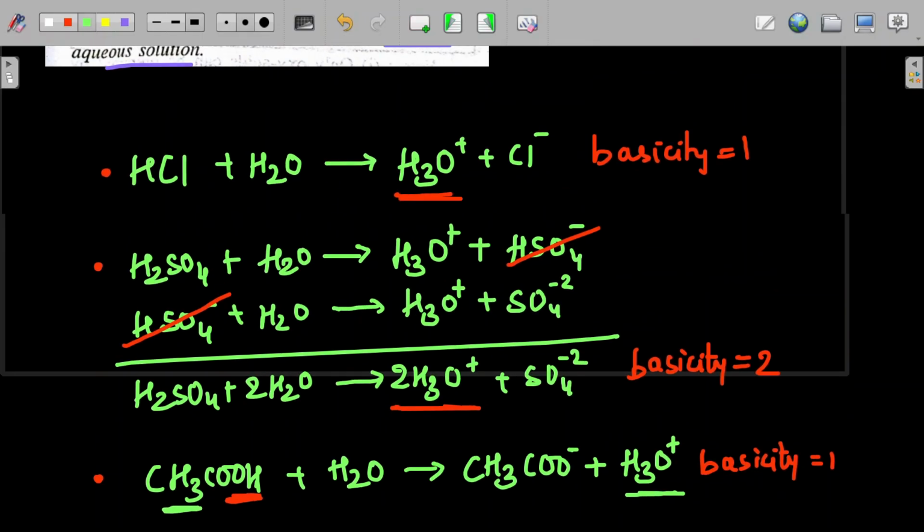If the basicity is 1, we call such acids monobasic acid. Mono means 1. Okay, monobasic acid. If the basicity is 2,